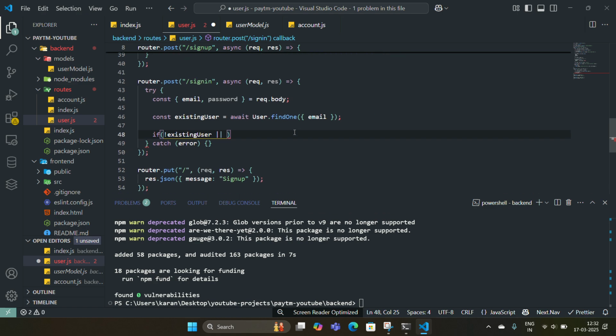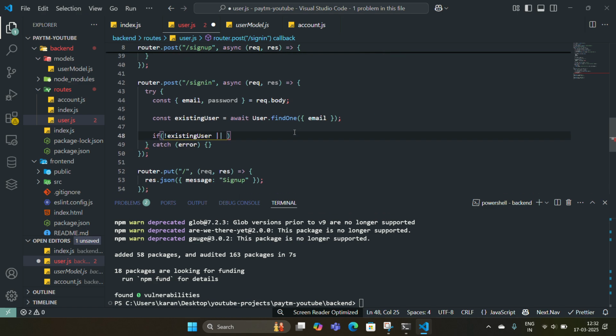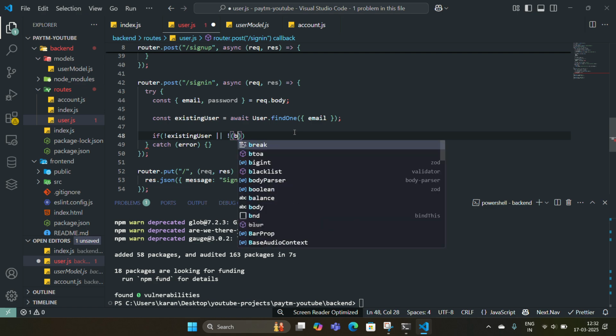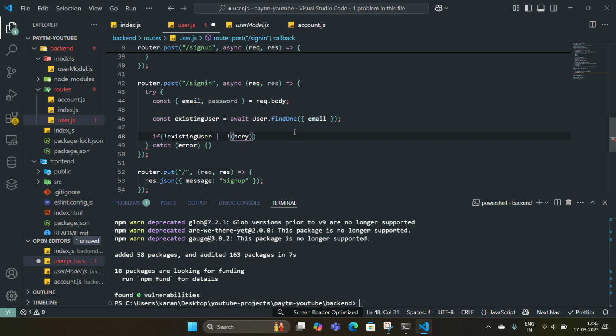So how to do this? If there is no bcrypt, I haven't